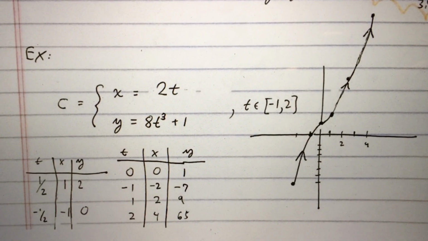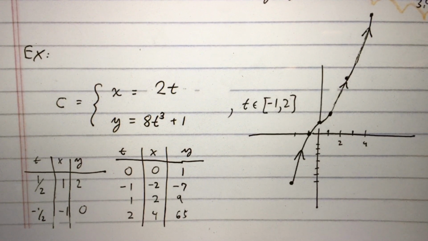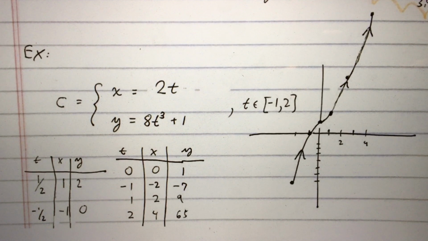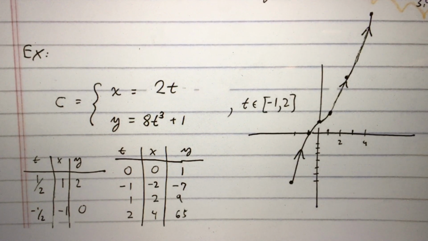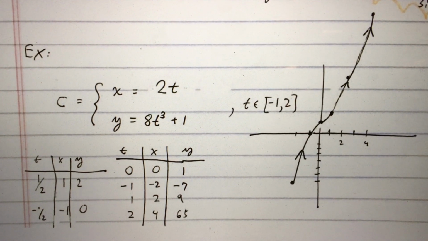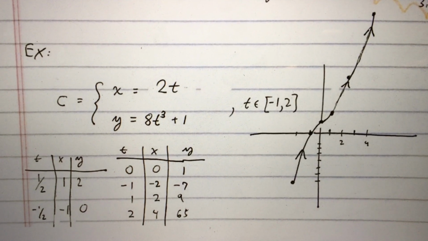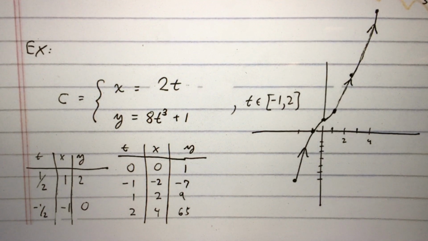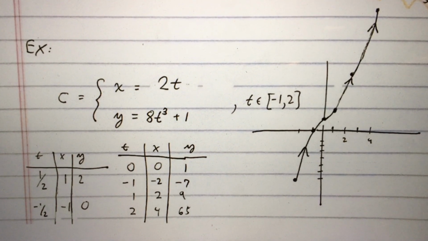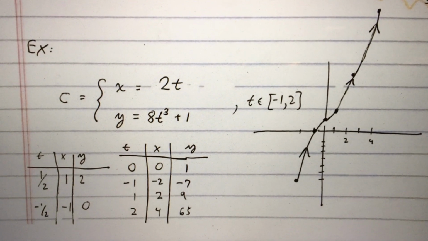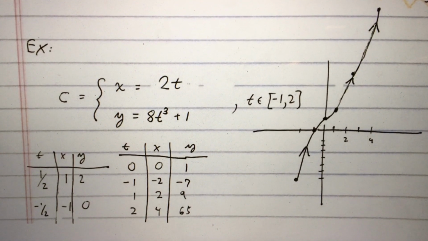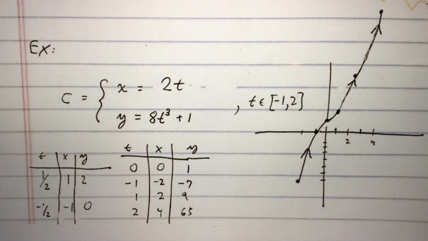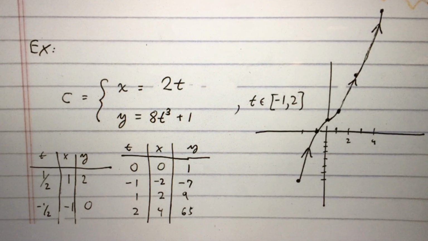So for t equals 0 and -1 and 1 and 2, and then I did some half points over there too, t equals 1/2 and -1/2. I picked a bunch of values in between -1 and 2, not necessarily in the right order. I just was thinking about which ones to pick, and so I put them all in the t column. And then I calculated the x and y values, which is pretty straightforward. x is 2 times t and y is 8t cubed plus 1. So like when t is -1, that's the very first one